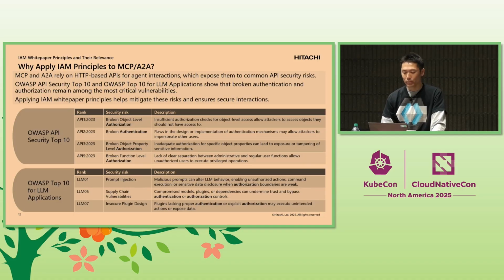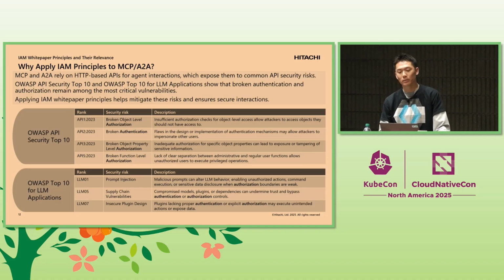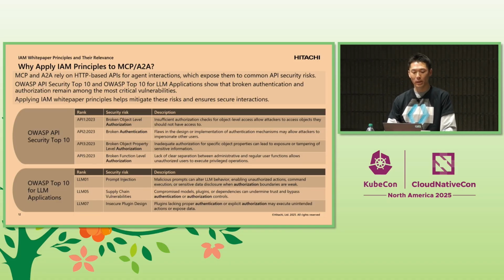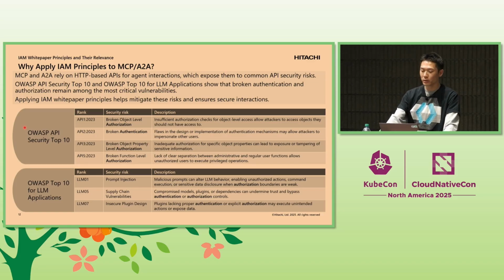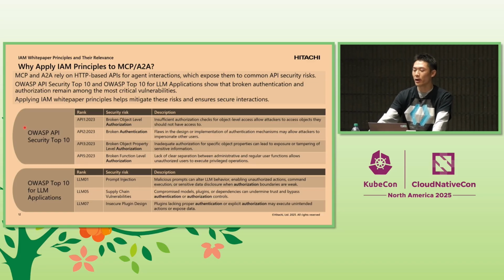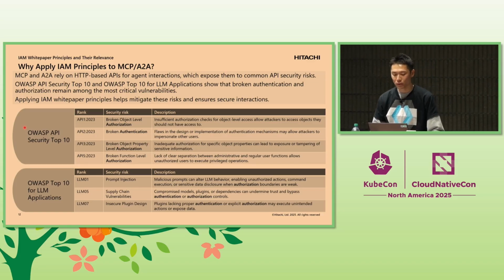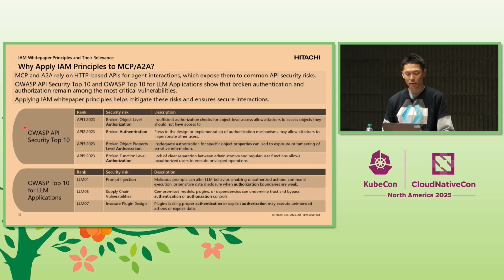So why apply IAM principles to MCP and A2A? Agents communicate over HTTP APIs, so they inherit classic API security risks. And the OWASP API security top 10 remains highly relevant here. 4 out of the top 5 risks are related to broken authentication and authorization, making them the most critical security